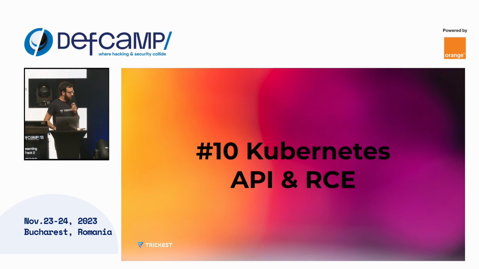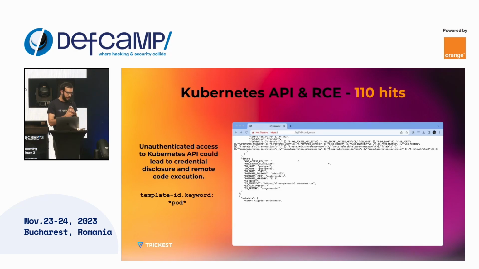And now, a bit more fun stuff: Kubernetes APIs leaked, and when you find this, it is possible to also do remote code execution on the cluster. When the API is open, you can just spin up a new container and execute remote code inside of that cluster. And I don't know if you can see it, but this is actually a government's Kubernetes cluster. I know which government, but they stopped when I saw it. Everybody could make this kind of exposure, especially on Kubernetes, since it's a complex system. So we must take care of it also.